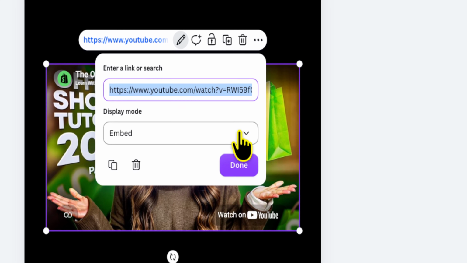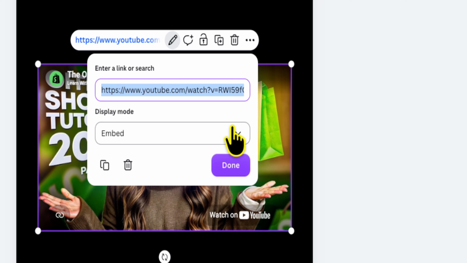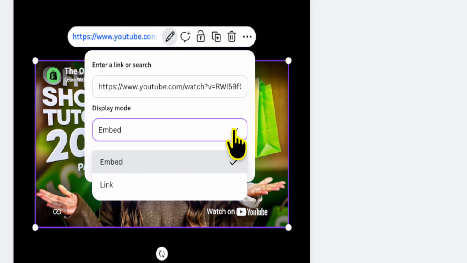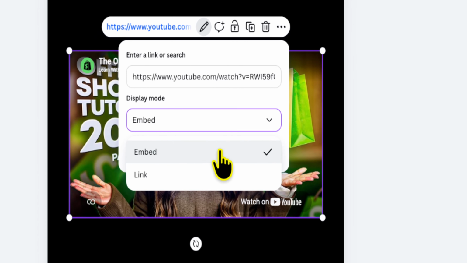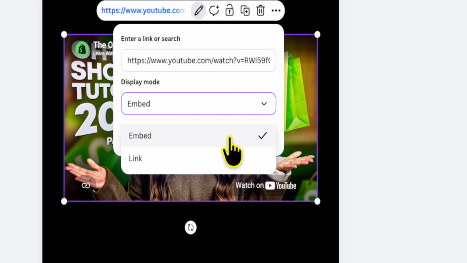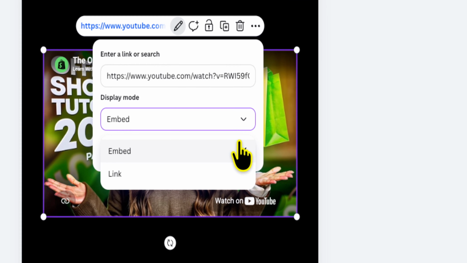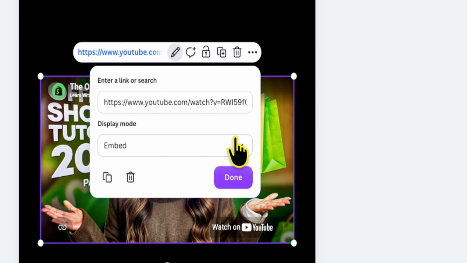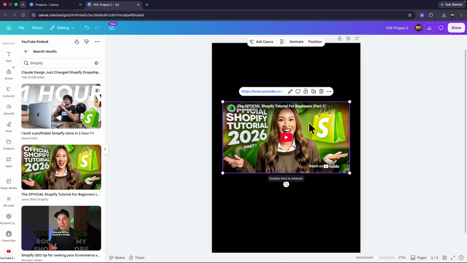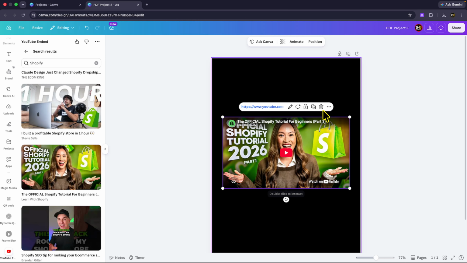add a different video by clicking the pen icon in the toolbar, and you can decide whether it's an embed or a link, but an embed is probably the best option just for visual aesthetic reasons. So that is how you add a